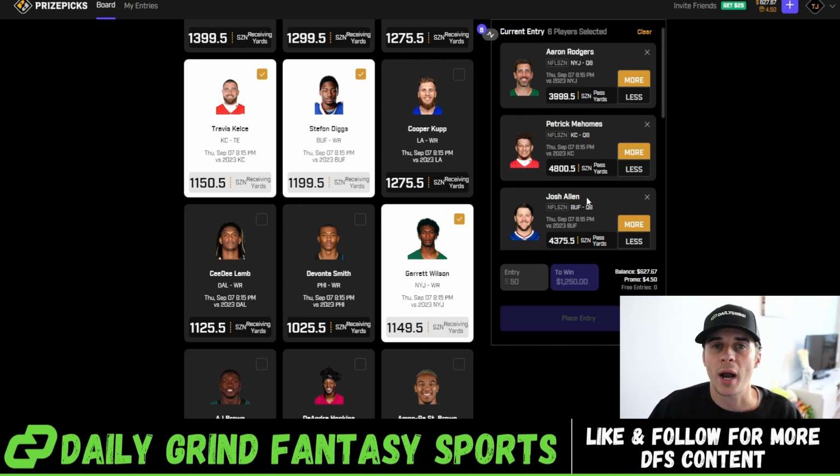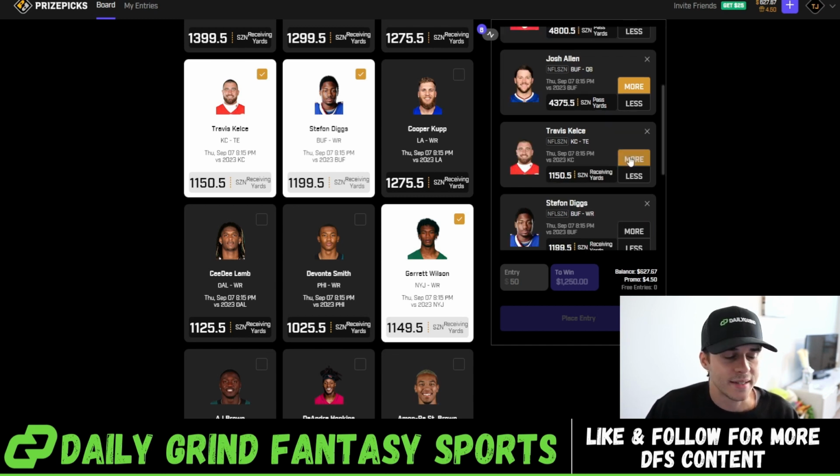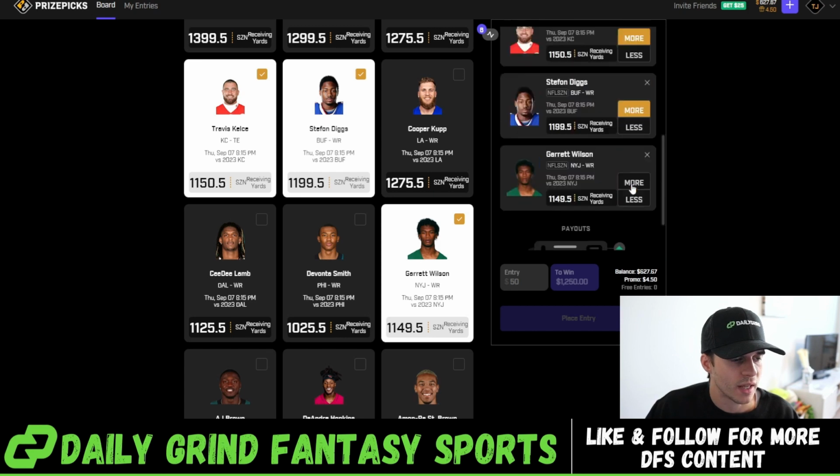Now, we know over on PrizePicks, when you play a 6 flex slip, you get a 25 times return if you go 6 for 6. So if there's going to be any sort of payout shift over on PrizePicks, we're going to see it. We're not going to get that 25 times return in this slip if we positively correlate it. But watch this. So we're going to go ahead and take the over Travis Kelce, over Stefon Diggs, and over